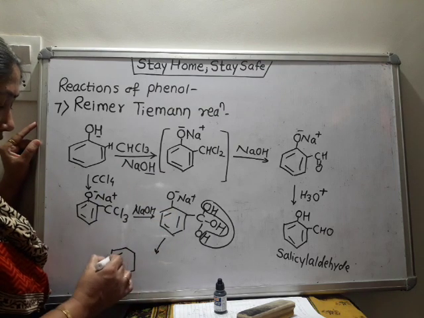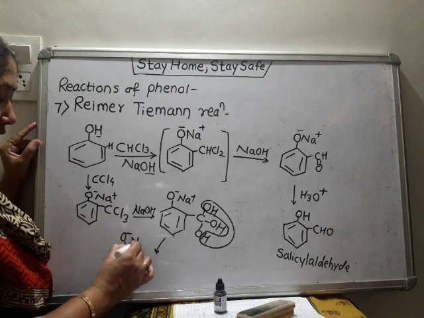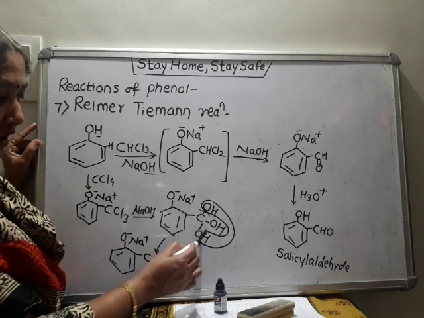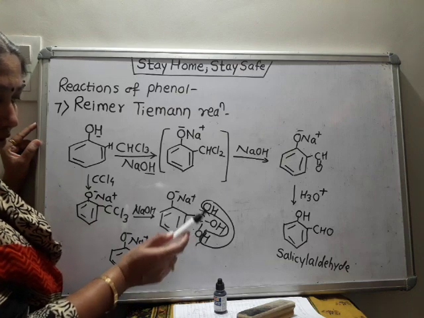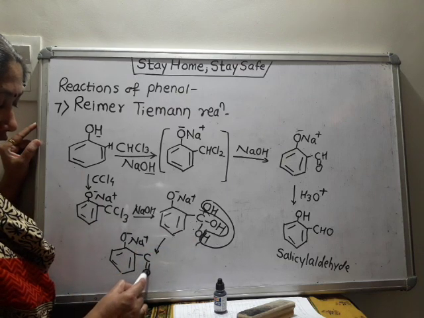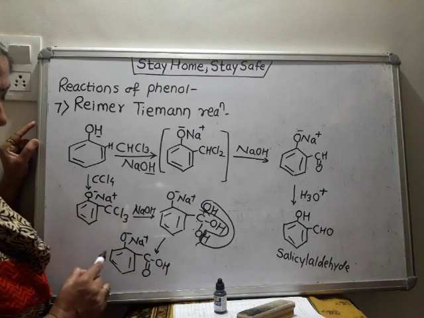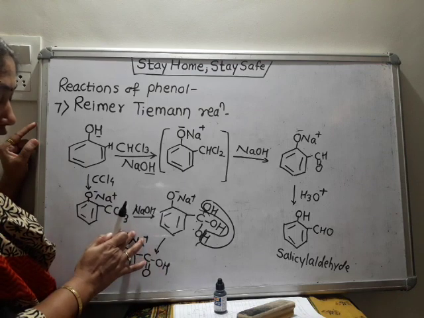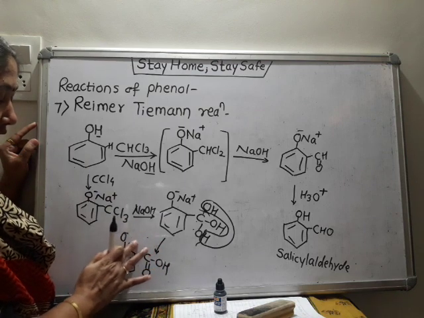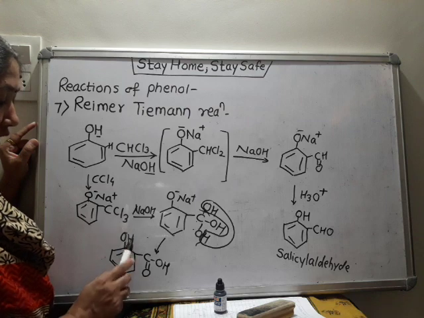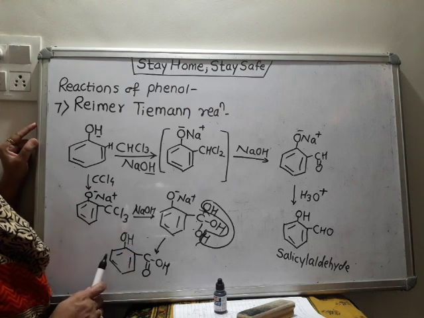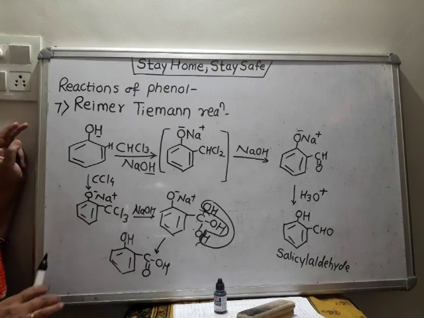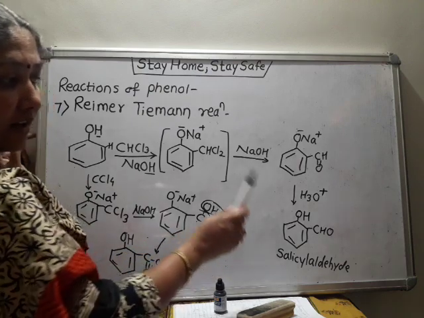Here we have the benzene ring, this O minus Na plus, and see, this bond breaks, this bond breaks. So the valency of carbon and oxygen are free, so they can form a double bond, and here OH. So we get this substance, which is hydrolyzed further, and on hydrolysis it is converted back into OH. So this is called salicylic acid. This is called salicylic acid. The corresponding derivative is salicyl aldehyde.